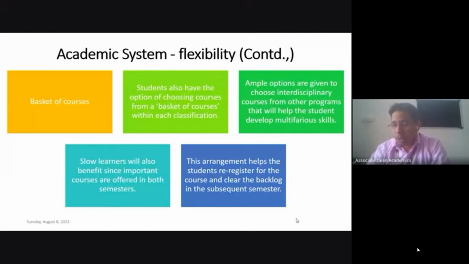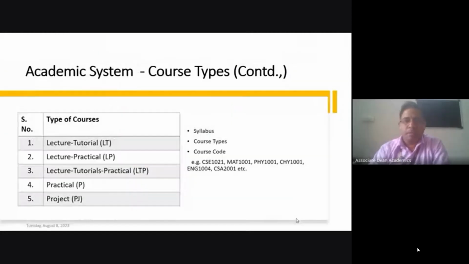But usually the program chair has a better understanding, according to the program requirement, of which course should be offered in which semester, so that you can catch the concepts easily in that particular semester for that particular course. That will be completely planned by the program chair, and it will be easy for you to register for courses according to his or her planning. Then whatever courses you study in a particular semester, every course will fall under these five categories only.